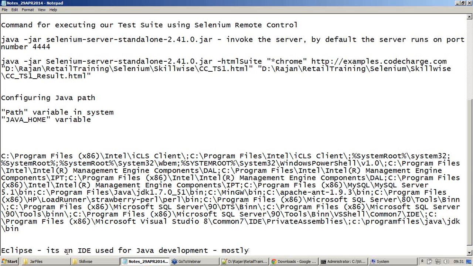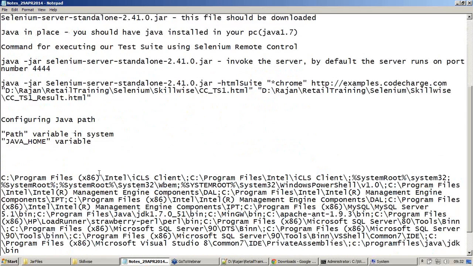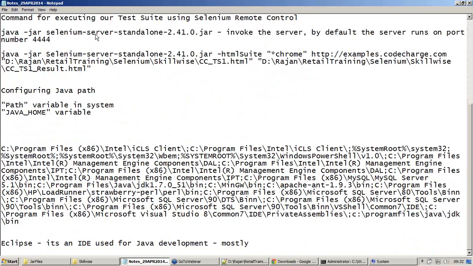Jose, I saw your command. Yes, if you only say java -jar and selenium-server-standalone, it will only invoke the server and it will wait for our input. I told you that because of how to invoke a jar file. You can just say Control-C and stop the server. The reason it is waiting for your input is that it is running on that prompt. A simple user input like Control-C will stop the server. Yes, you're welcome.